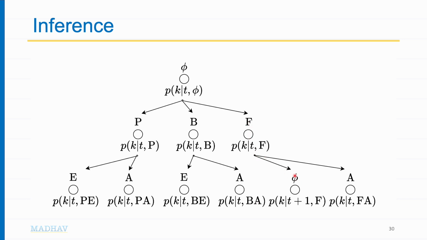If let's say somewhere it emits phi, then what will it be? Let's say the path taken during inference is the path F and then phi. What will be the output of this network? P(k | t plus 1, f). You will not say t comma f phi, because in the phi you won't input phi again. So you will just say p(t plus 1, f). All right,